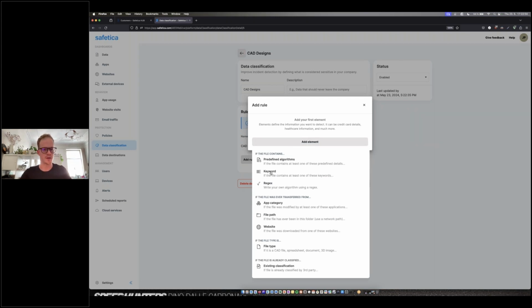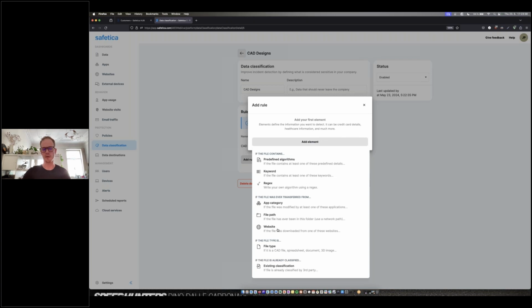You can use keyword searches, regular expressions, app category, file path, also web domains. So for example, maybe Salesforce or HubSpot, like a CRM system. If people are pulling data down from that, you could maybe label the information as such. And again, for something like a CRM solution, let's say it comes from HubSpot.com and it has the keyword client in it, and the file type is a spreadsheet. Well, that's more often than not going to be a client list. Maybe you want people to be able to have access to these things and share them off the machine willy-nilly, maybe not. So you can classify the data, for example, in that way.